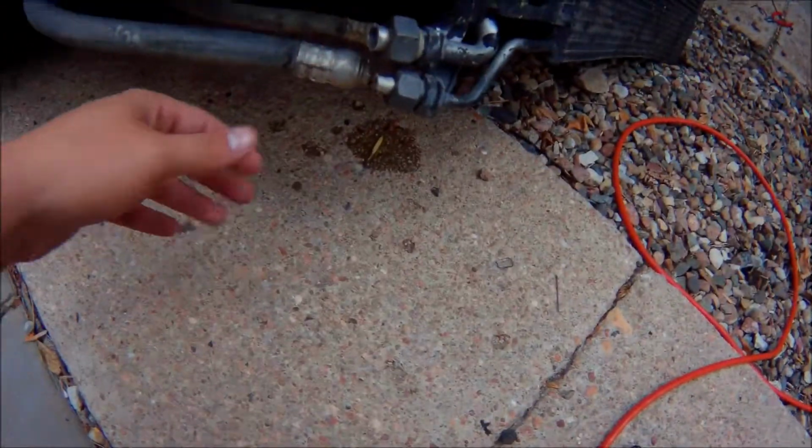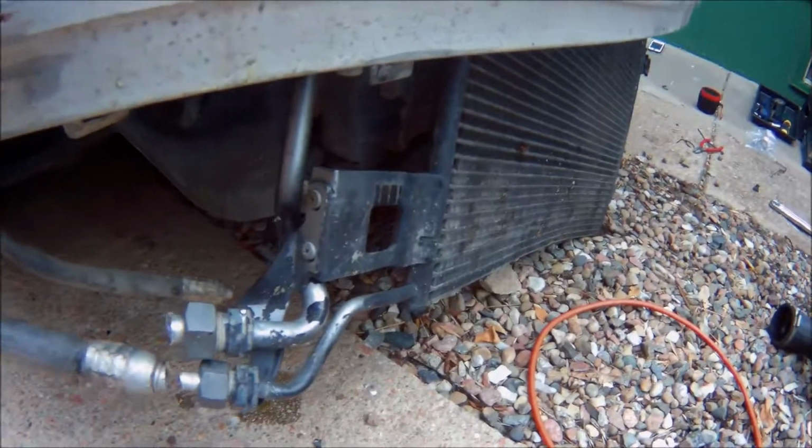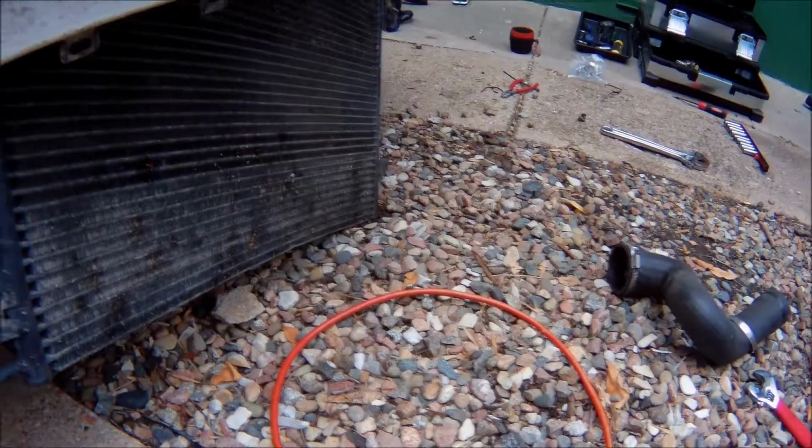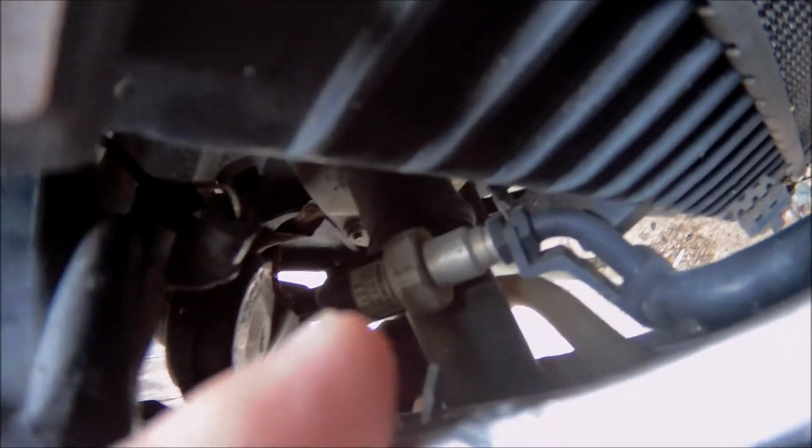Alright guys, now we're at the point of bullshittery. I got the 18 lines right here cut off. This is all good, but what sucks, as you can see, it's caught. The edge is digging into the ground right there. I don't know how you guys see this, but right there, that connects to a sensor, and it's hitting on the piece of metal right there, and it can't